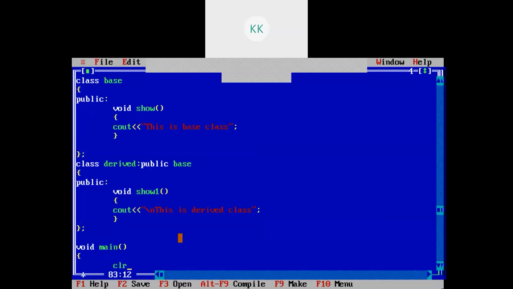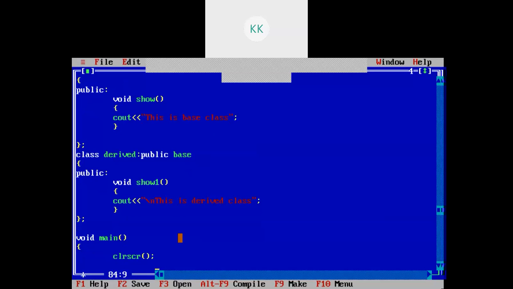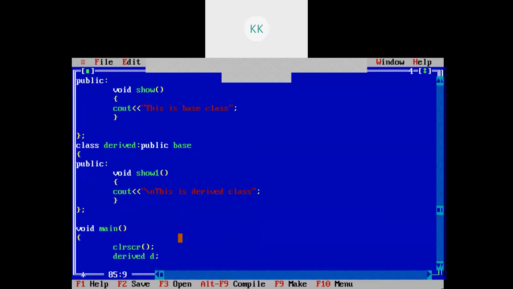So clrscr, I will declare derived D. Now I can use this object.